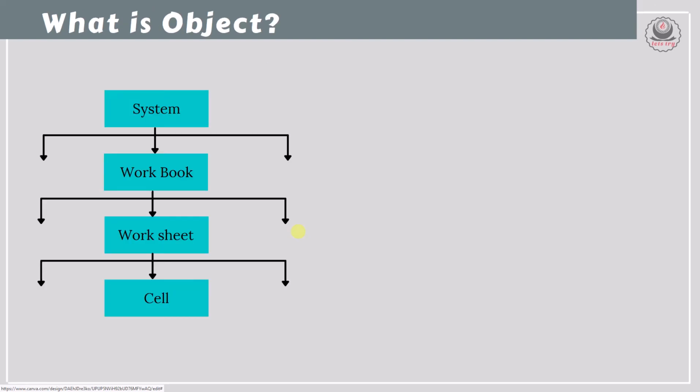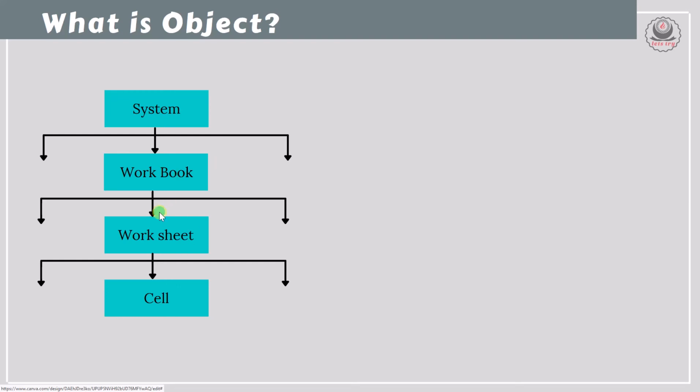Then we are discussing objects. What exactly do they mean by object? We have to understand clearly what the object concept is here. An object is a basic building block of a system. All the building blocks are kept together and made into a system. So in this VBA concept, the system is a first level object. Below the system, the workbook is a sub level. It has sub objects. Books may be one or two or many, Book1, Book2, Book3, many workbooks may be there.